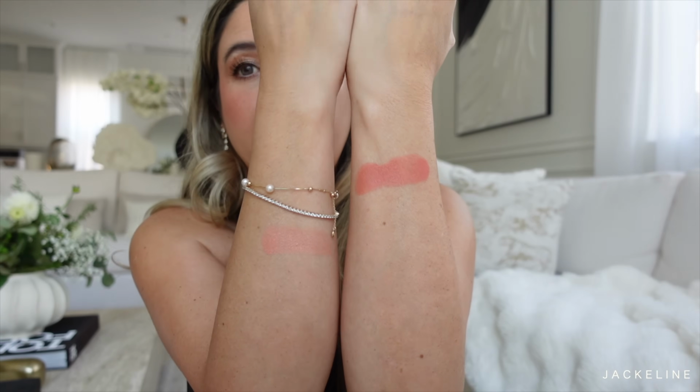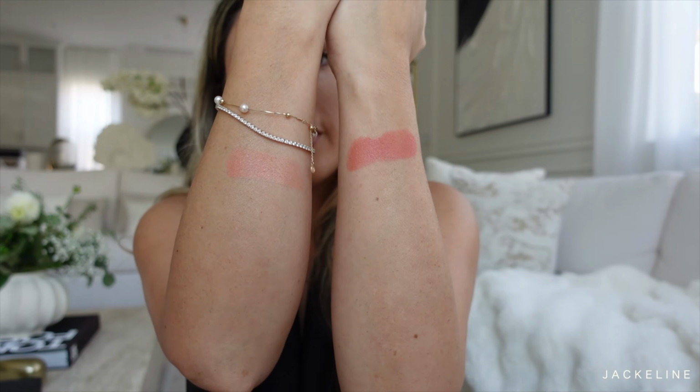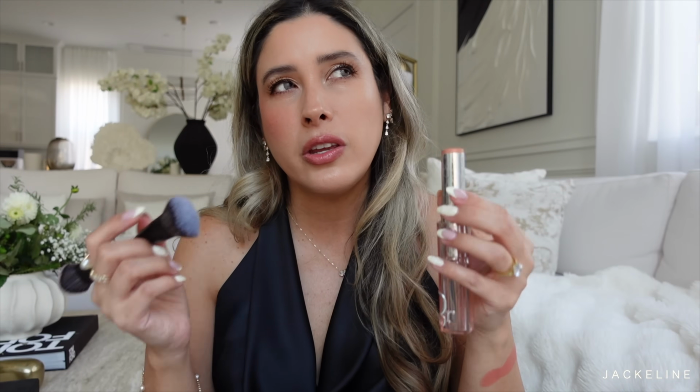It's also a little bit more sheer, almost translucent-like. Do you see right there? It's also buildable, but it does have more glow. And this shade in particular, Toffee, does have a little bit of a golden chip that you can only see if the light hits directly on your face, or if you're swatching it on your arm or on your